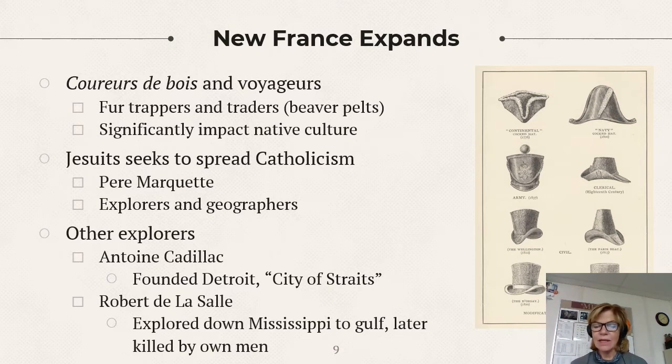Antoine Cadillac, he would go down to what was known as the City of Straits, Detroit. We called it Motor City. That's where the automobile industry took off. And as we all know, one of the most famous cars the Americans have ever made are the Cadillacs. And then Robert LaSalle, he's very important too because he's the one that traversed down the Mississippi River, right, and claimed all of that territory on behalf of France. And for France, that was very important.